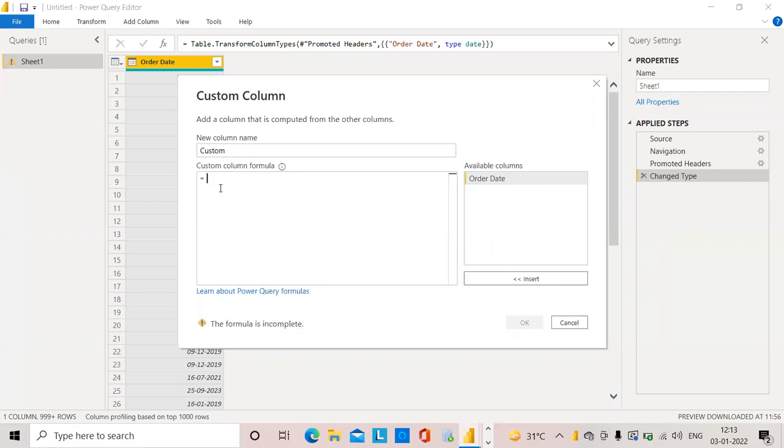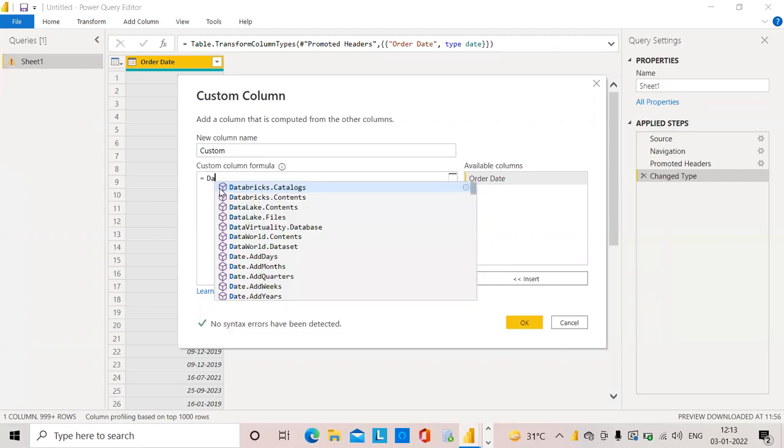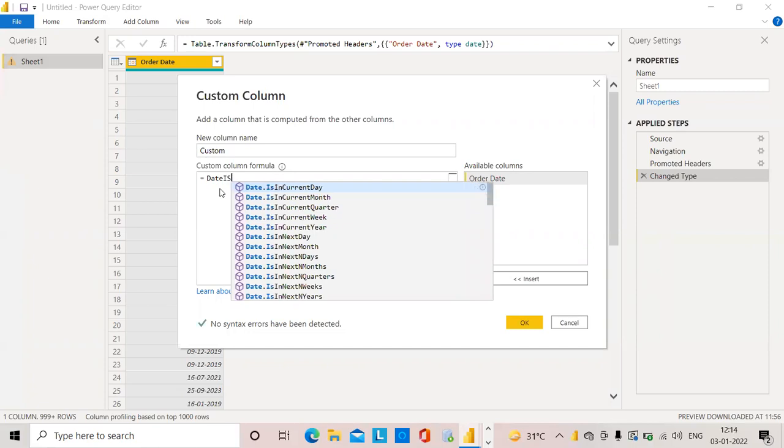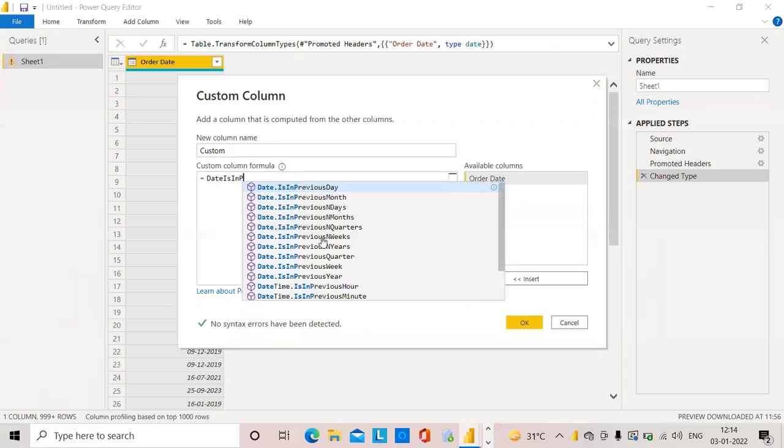First I will calculate date. I will write IsIn, which is a function used in date. So I write capital I, s, again capital I, n. If you want to find out the previous year, just click P. You can see all the details: previous day, previous month, previous N years, previous N months, like that.